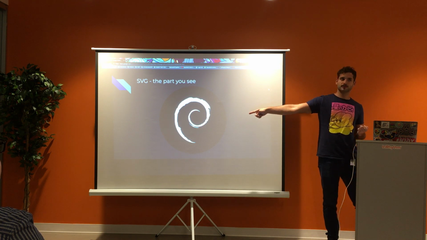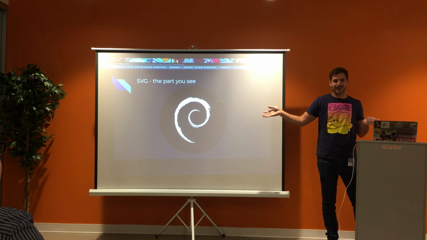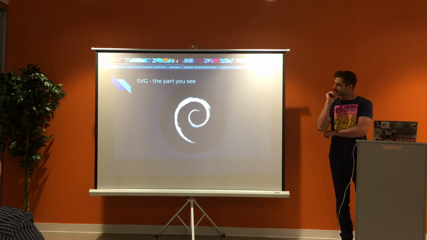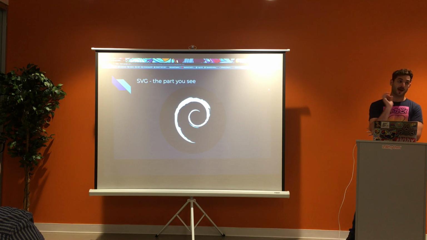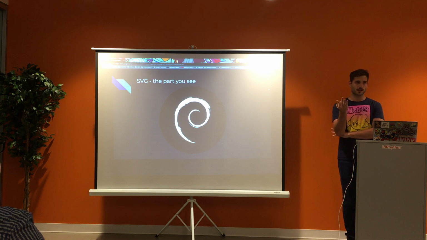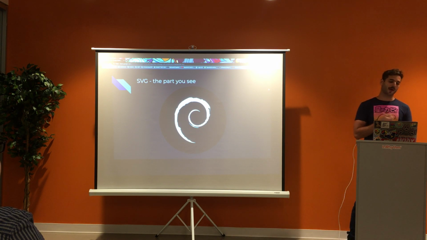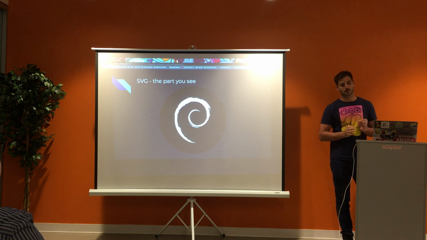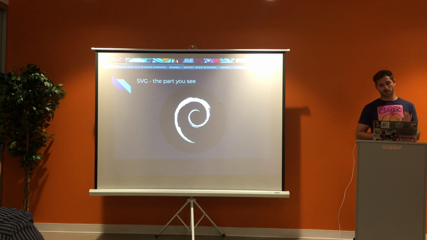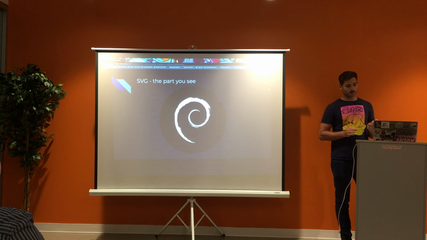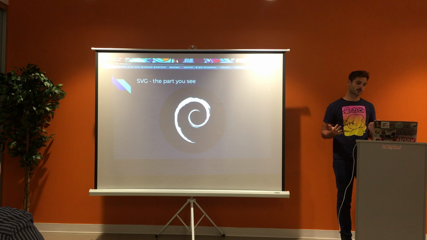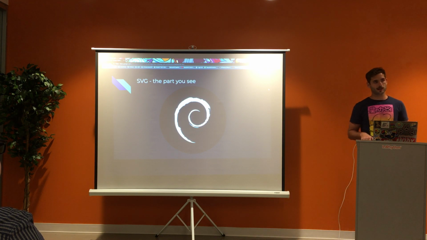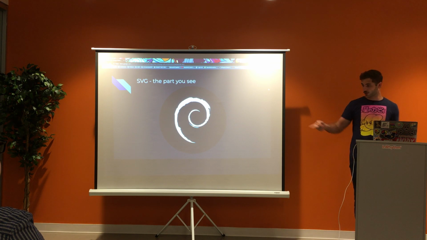Is this a circle? No, it's not square. So how do you get something like this? And that's where the SVG path comes in. SVG has an element called the path element. The path element accepts an attribute called D. The D is responsible for creating the path. I'm not going to dive into SVG right now and explain how to create this from scratch,